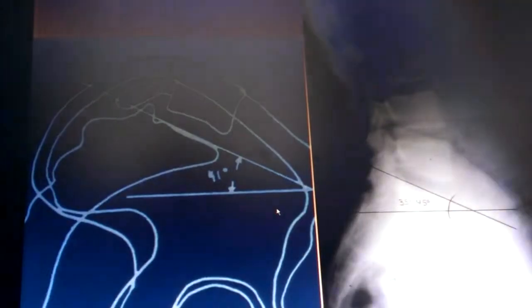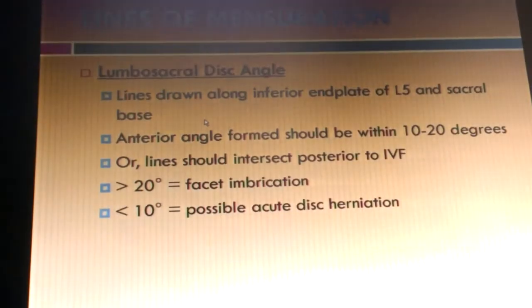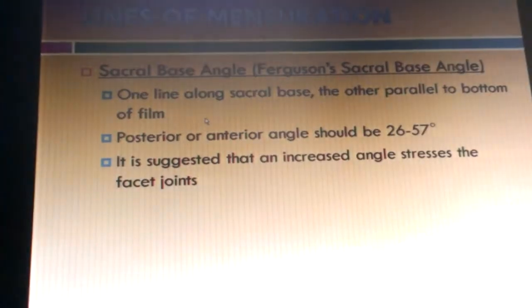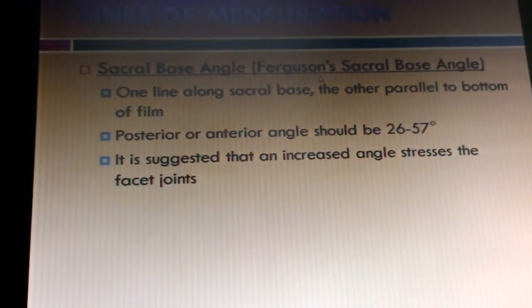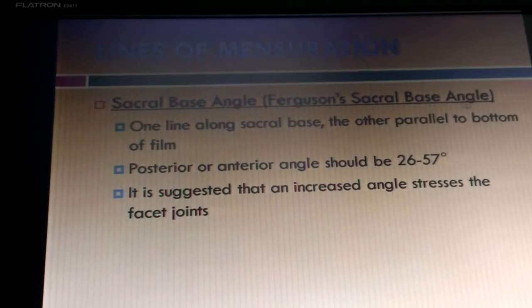And you definitely would be exceeding 20 degrees. Okay, so that was the lumbosacral disc angle. This one here is the sacral base angle. It's also called Ferguson's sacral base angle,